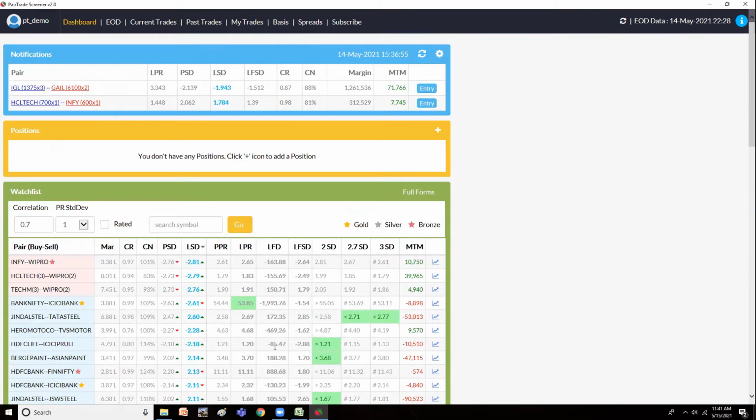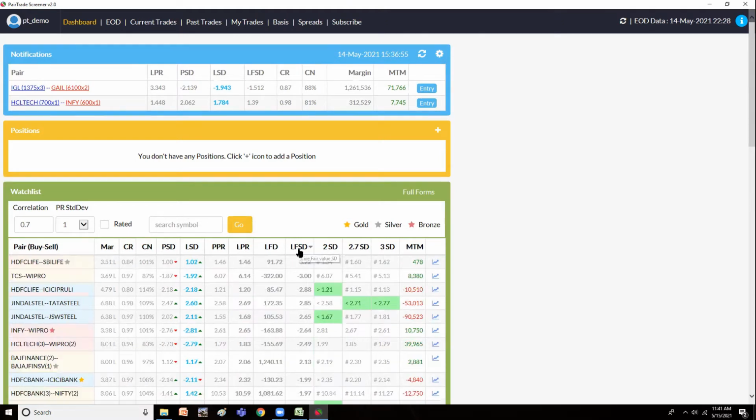Then the fair value difference is displayed, and fair value standard deviations are also displayed here. Now I can click on this and sort it on the live fair value difference. So if you see, a couple of pairs are above 3 or around 3, like HDFC Life and SBI Life at 3.2. But here if you see, the live SD itself is 1 standard deviation, because this pair will not go to 3 standard deviations on a regular basis. It would be moving in a 1 to 2 kind of range. But the fair value is more sensitive to the current prices. So this will move from 3 to 1 quickly, whereas the Z-score of this will move slowly.